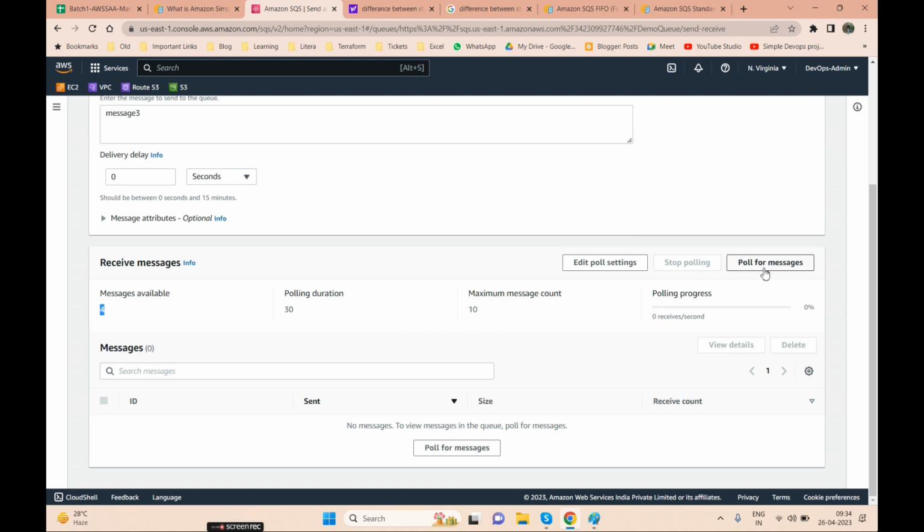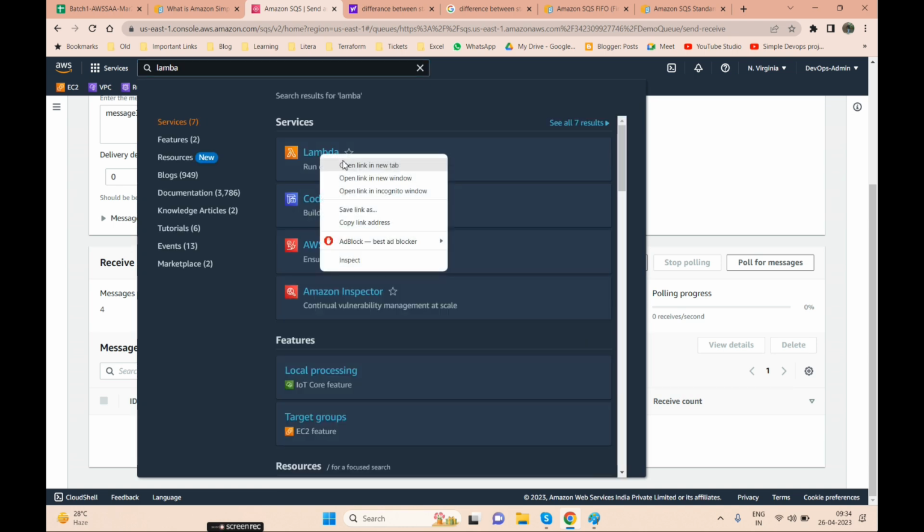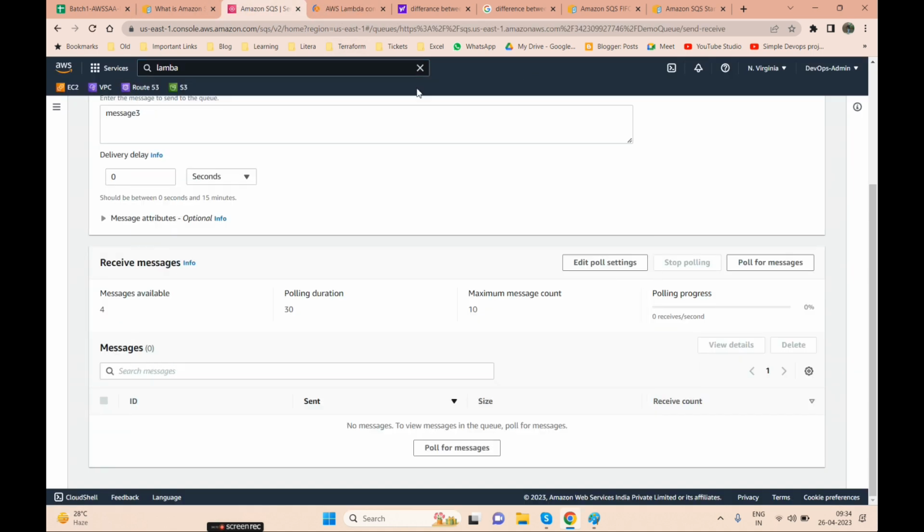Now we can poll the messages manually and process them, but no, I want to automate it. So we can use that EC2 machine and configure it, but for an easier way, since right now I don't have any configuration, I'll show you with Lambda, which has an existing example and an existing template available, which will help you to process these messages.